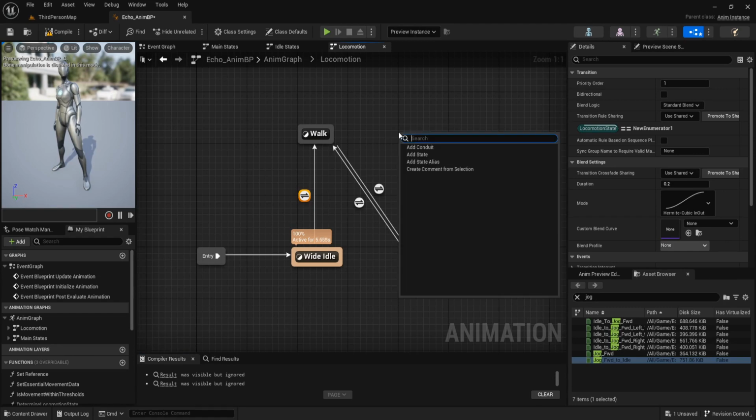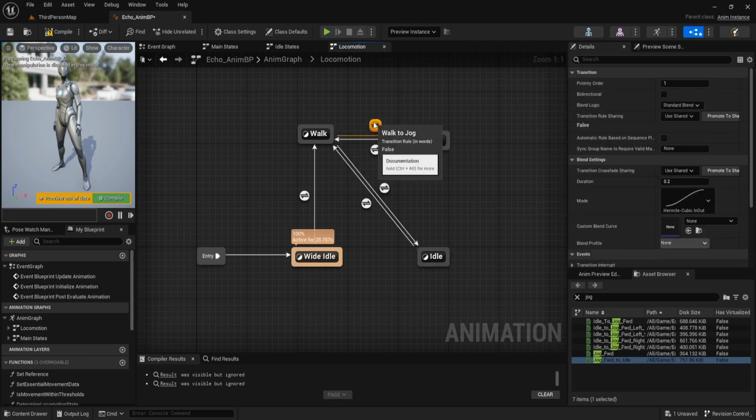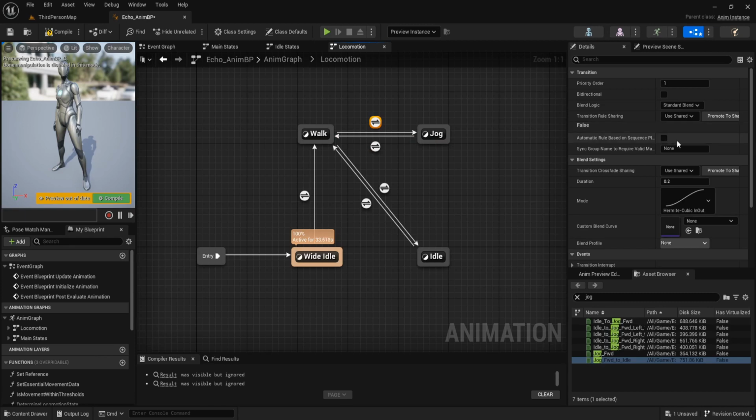Let's create the jog state. Add state, jog, and create the transition to the jog. And from walk to jog transition, we set inertialization and the transition duration is 0.2.